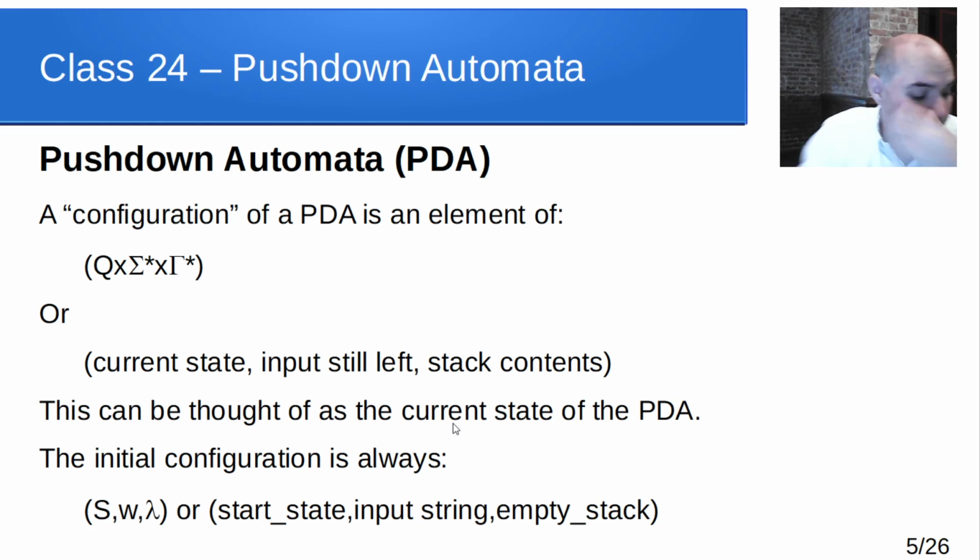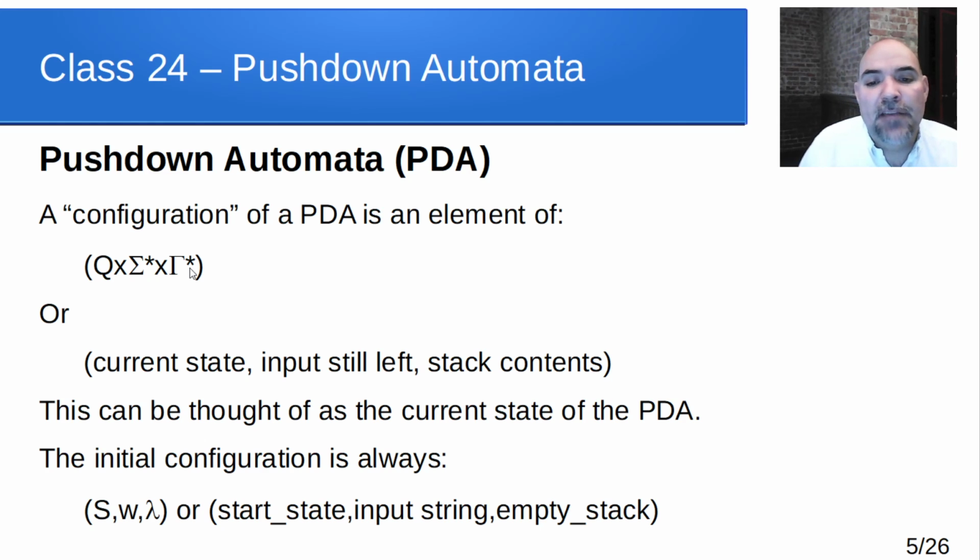Okay, now before we get into how this works, let's talk about the concept of what's called a configuration. And a configuration is kind of like the state that the machine is in. And it's not good enough to just call it the state, because the state just says what state in Q we're in. So a configuration is where we are as far as the state, where we are as far as what our input is, and where we are as far as what's on the stack. You can think of it as the current state plus the input that's still left that hasn't been processed, plus whatever the stack looks like right now.